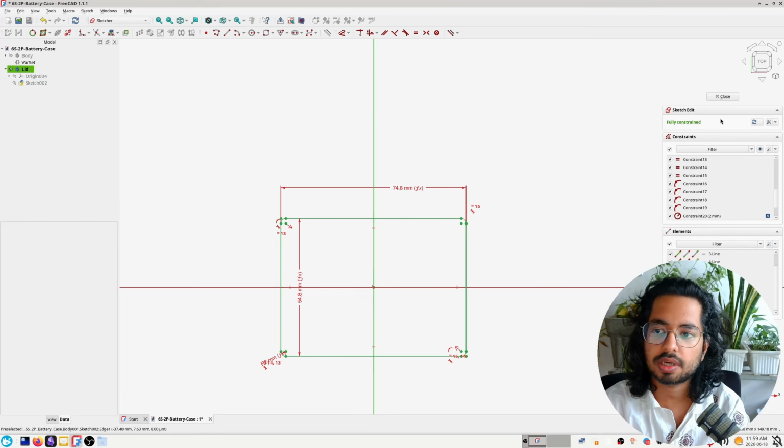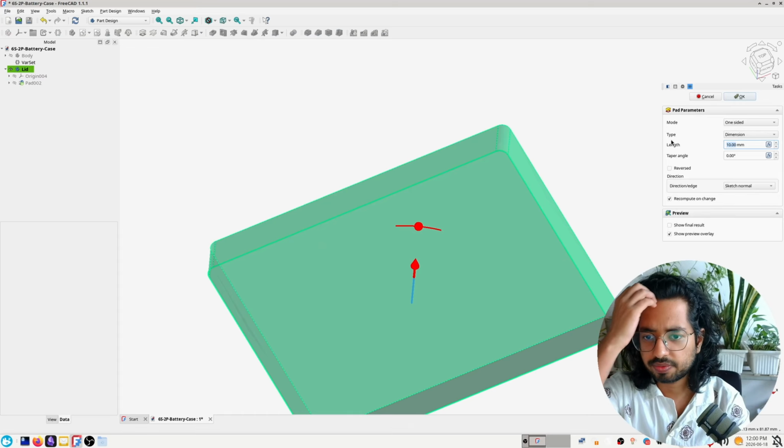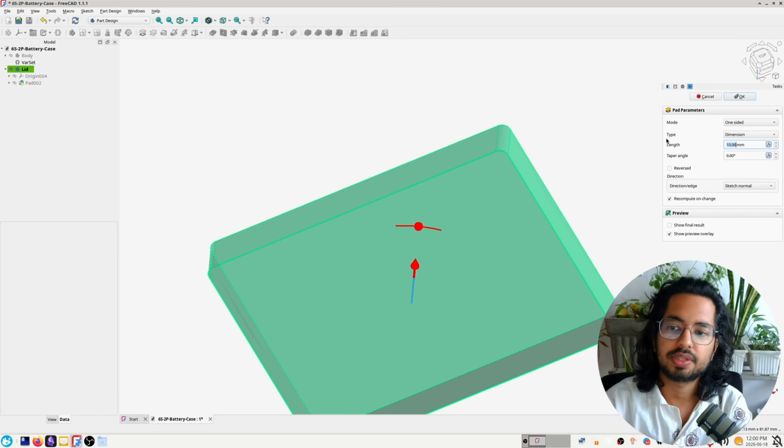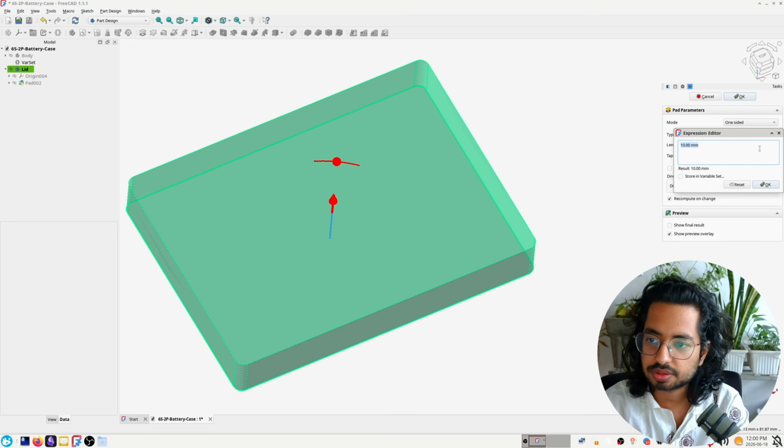Yeah, there we go. Now it says fully constrained here, right here. Now I'll close the sketch since it's fully constrained. Now what we need to do is pad it. All right, now we will have the base of the lid. How much do we want the pad to be? Click on this function and